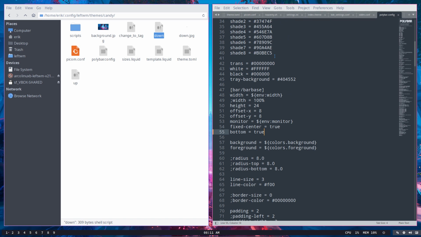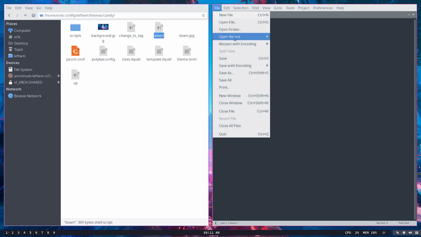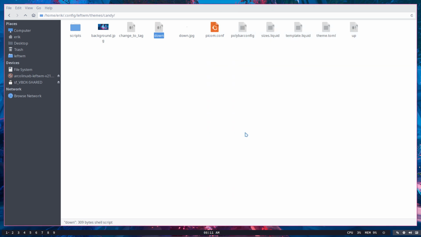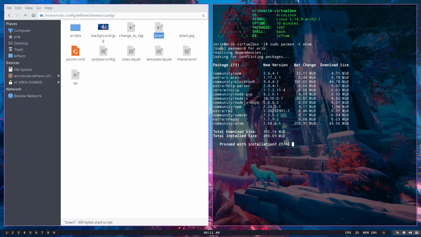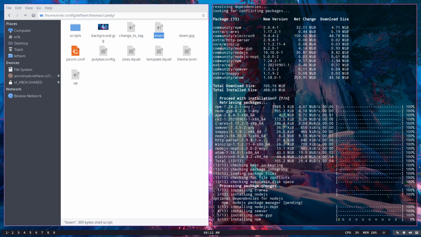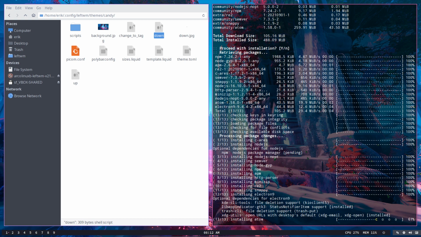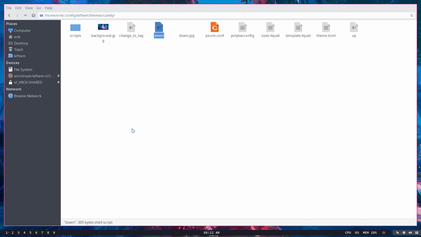Now, I see all these colors. One of the tips I will give people is close all the files. No, kill everything actually. Quit. I will tell people to do a sudo pacman -S atom. If you're theming, atom installed. And one of the tools, it's a workflow thing, right? It's very personal. But if you don't have your own personal flow yet, or workflow yet, why not use mine, right? So atom, we launch this thing,